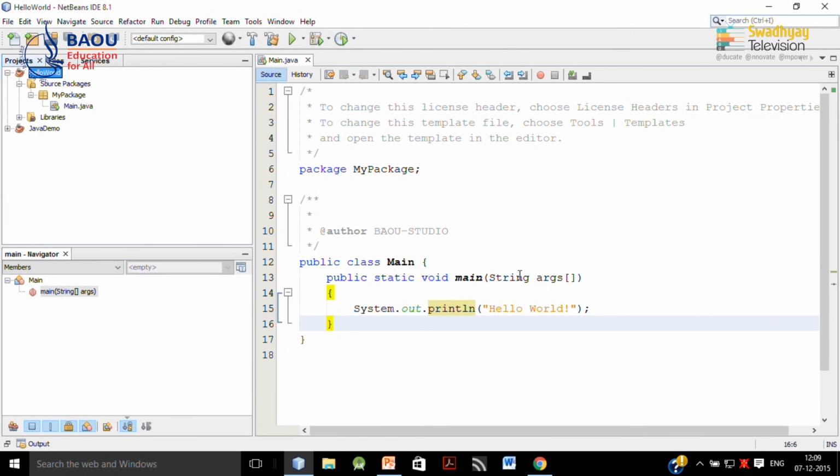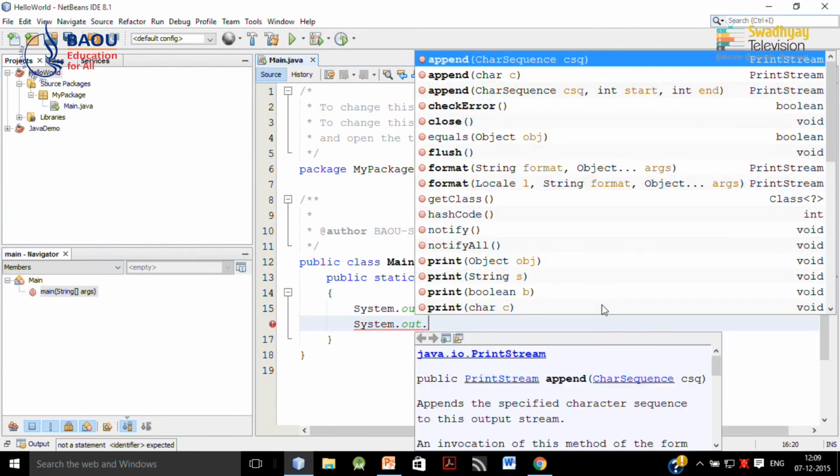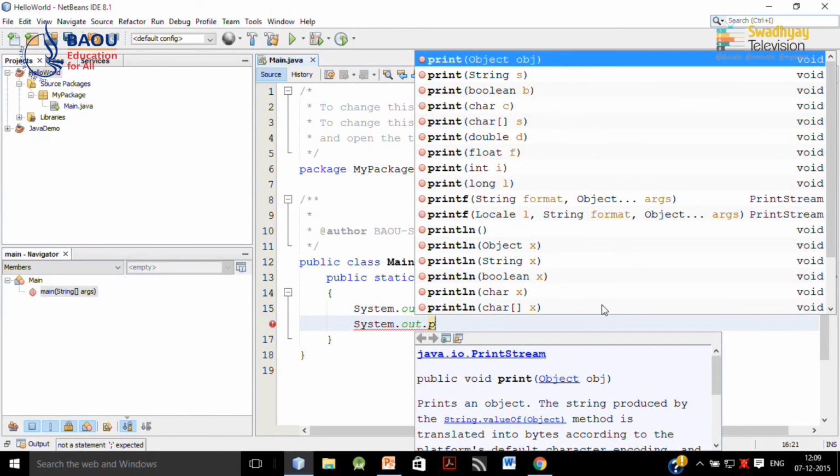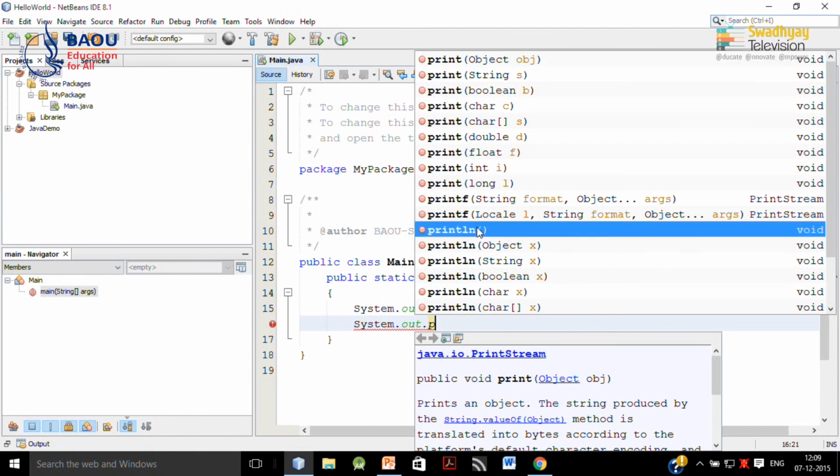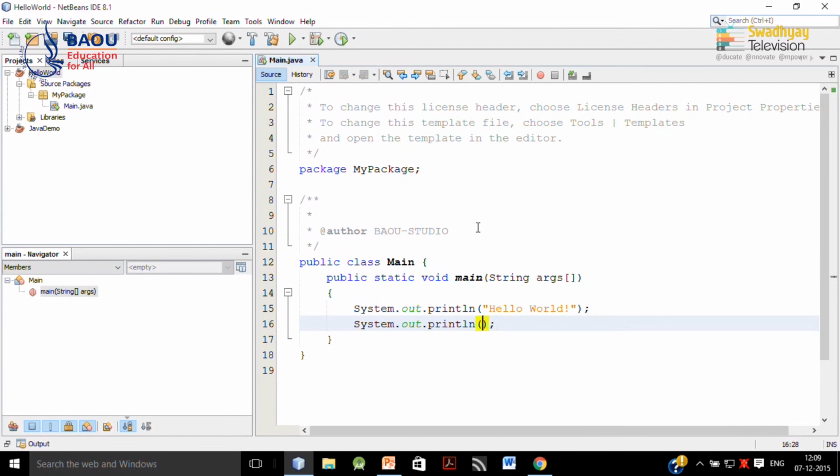Now, these three arguments are provided inside this args variable, which is an array of string. So, here I write system.out.print. You can see on screen the NetBeans IDE automatically provides help. So, here I select println, and inside println I write hello and the first argument.